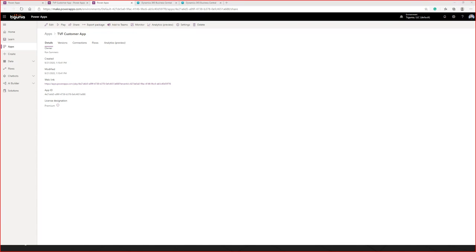Okay, and so all of this is dependent upon having the data layer done. That's why if you've ever heard me talk about reporting and stuff, I always talk about the importance of the data layer. So if I added a new custom field onto the customer table, if I extended that table in Business Central and I added a new field called Tigunia's department or TVF lead source, and it had values, and I wanted to put that in Power Apps, I would have to also add that to that customer page. So if I extended the table, I would have to extend the page, and then it would be exposed,